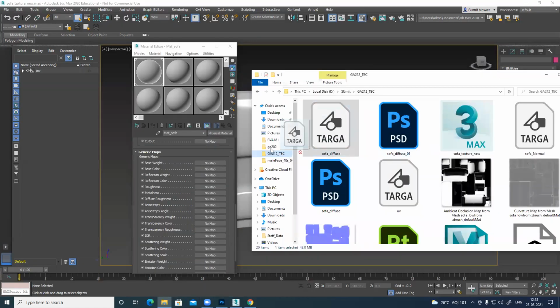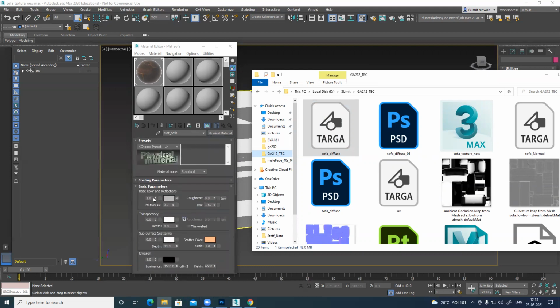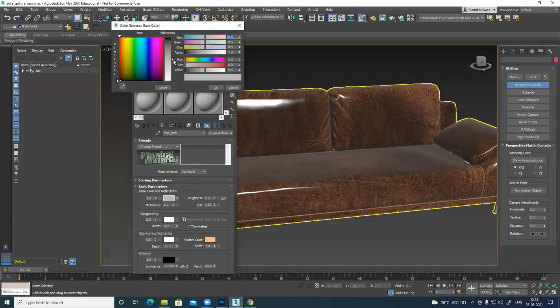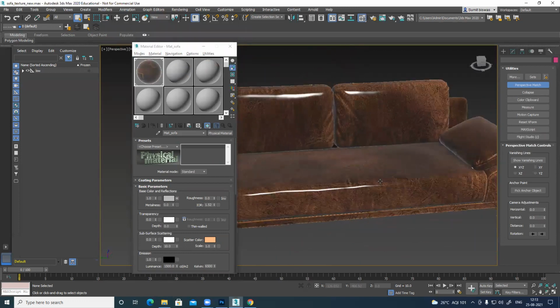here, diffuse color, drag and drop to the second slot, not the weight. Weight is basically the amount of diffuse weight you're putting in. So weight should be one, full one. If you scroll up, by default it's one. And this color is by default gray. If you want, you can make it white also, or keep it gray. You can see this looks entirely different from the previous one because it's a physical material.